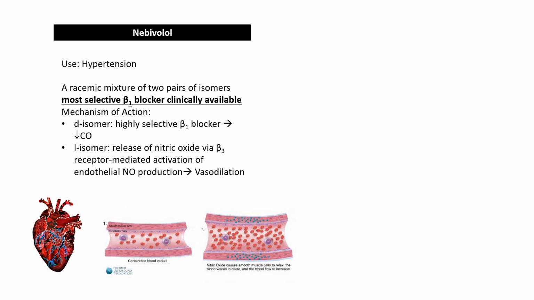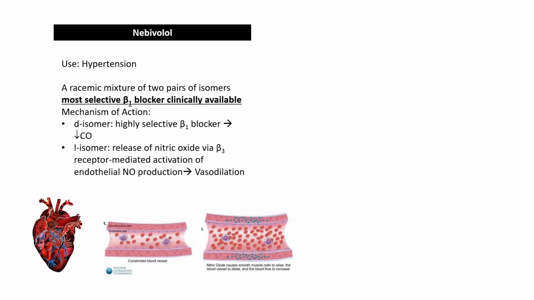Nebivolol is a racemic mixture of two enantiomers in equal ratios that produces both selective beta-1 blockade as well as vasodilation properties. The D-isomer is a highly selective beta-1 blocker, and actually it is the most selective beta-1 antagonist that is clinically available. The L-isomer causes the release of nitric oxide via beta-3 receptor-mediated activation of endothelial nitric oxide production,